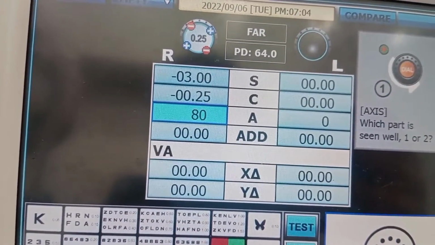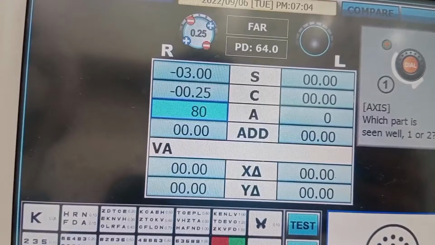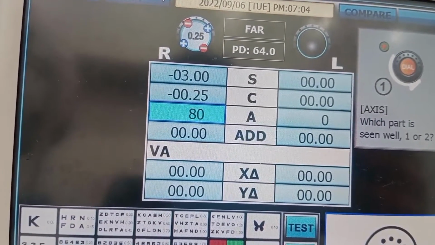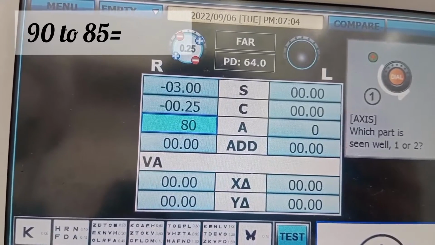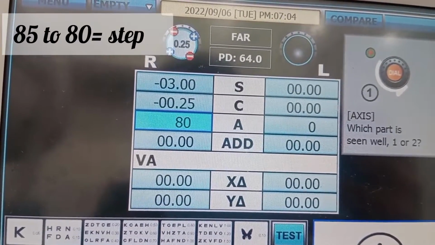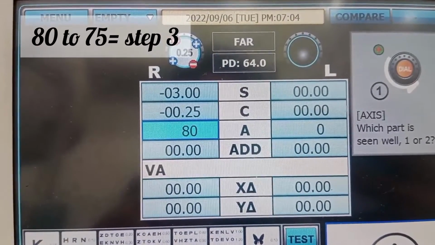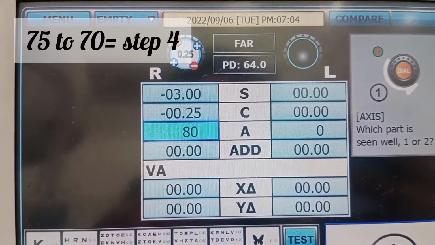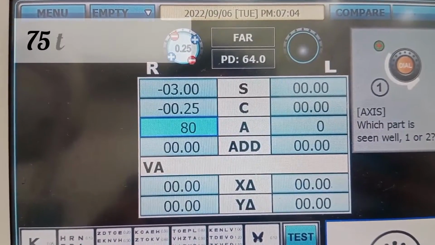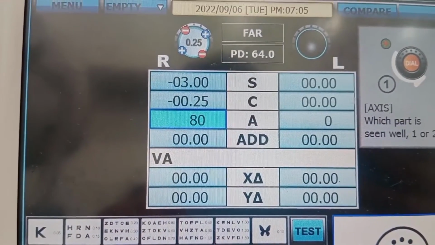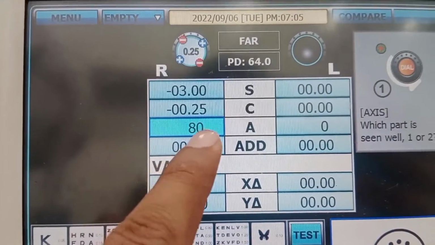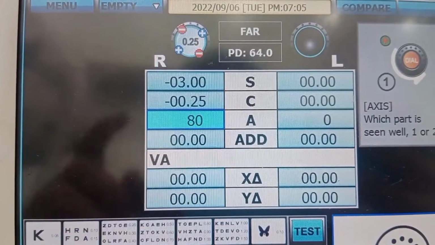So like this we can move 20 degree, or we can take 4 steps. Like our new axis was 90 degree, we move 90 to 85, 85 to 80, or we can move 80 to 75, or 75 to 70. We can take 4 jumps of 5 degree, or we can move 20 degree. So now suppose 80 degree is our refined axis,